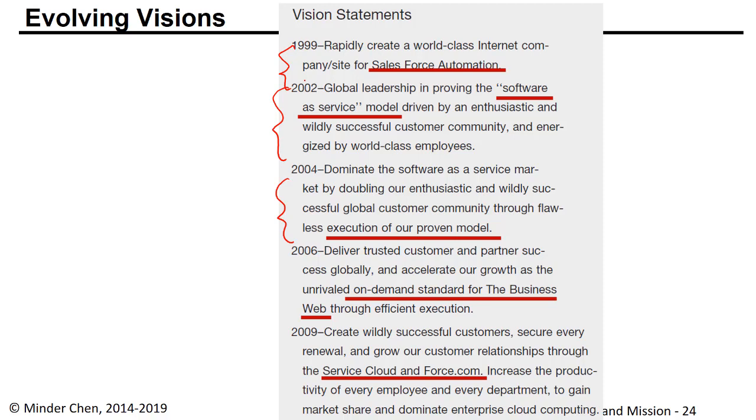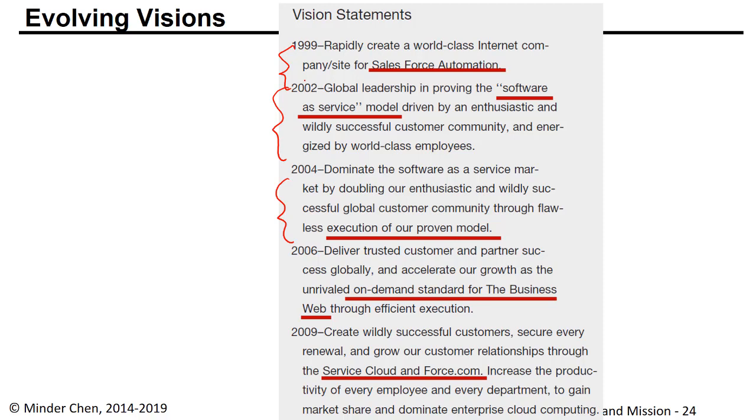In my humble opinion, Salesforce tends to define the vision statement a little bit shorter term by comparison. There's nothing wrong, and that's why they revised the vision statement pretty much every 3 years or so.